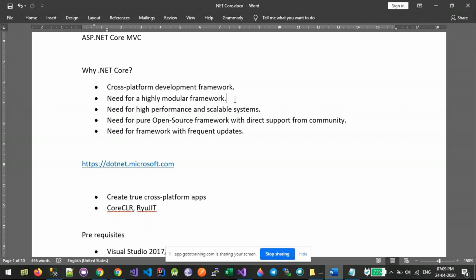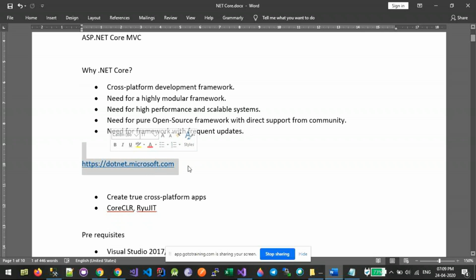Only the dependencies which are required for your application can be added as NuGet packages, and only those things can be shipped. This also allows us to create very high performance and scalable systems. The whole source code of .NET Core is open source, and you can go to GitHub, download, and check out the source code. Since this is very modular, it also allows Microsoft to give frequent updates.